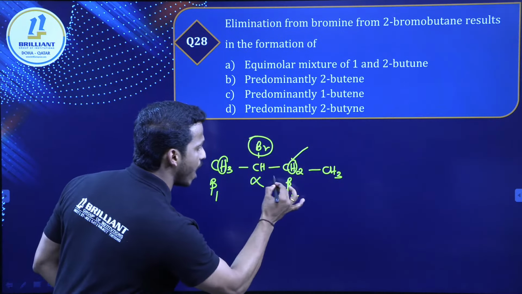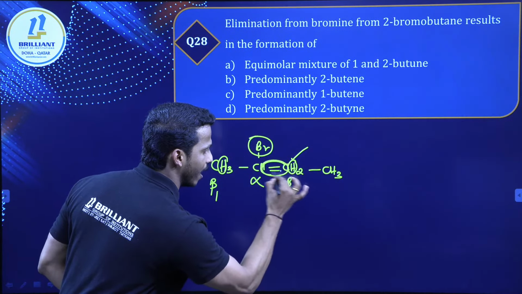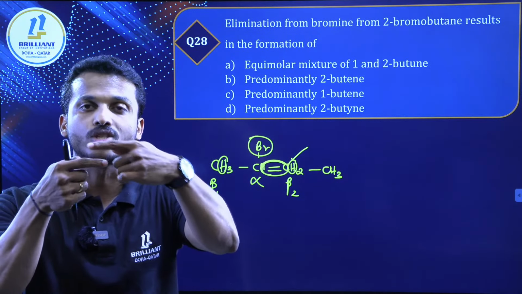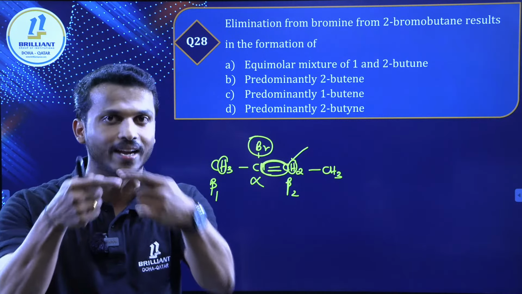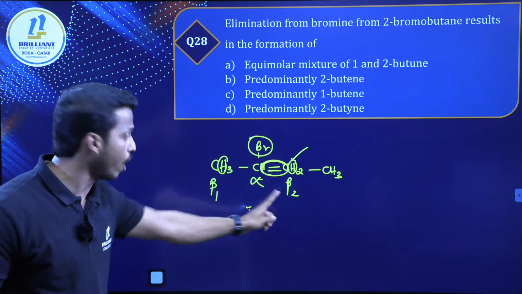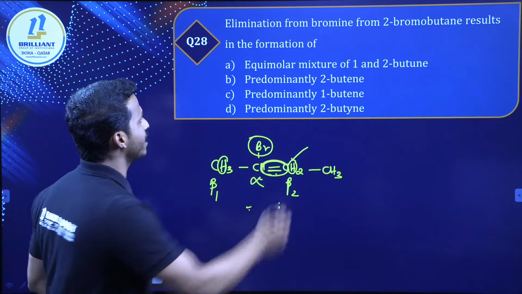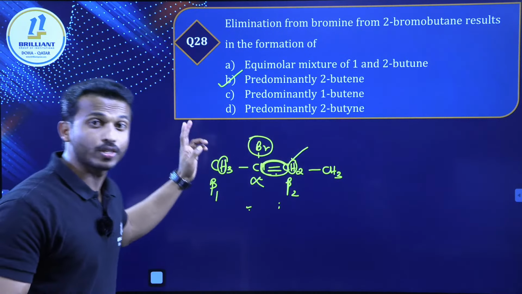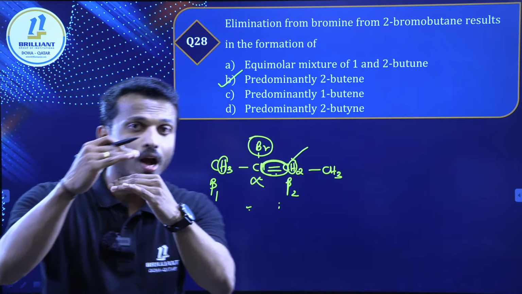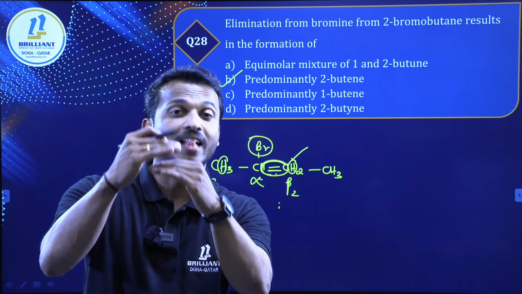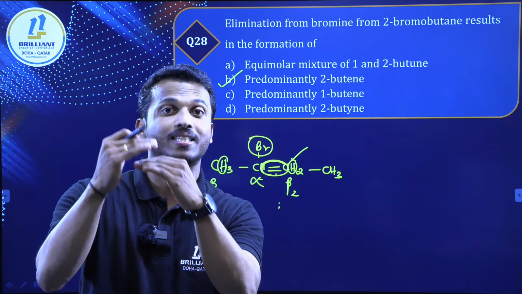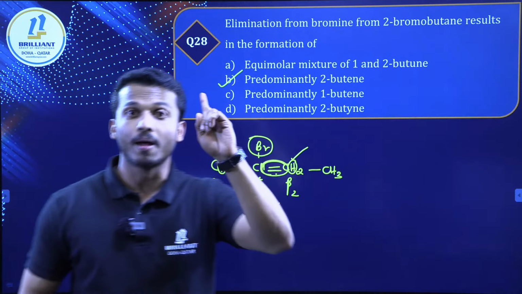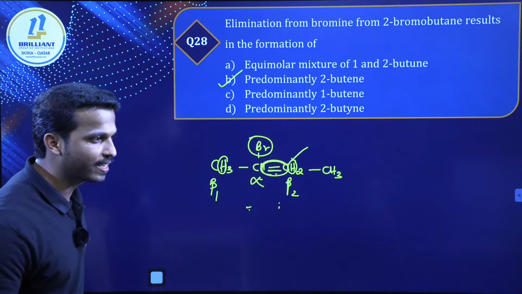From the second carbon we have to take the hydrogen, because if you take hydrogen from the second carbon, we are going to make the double bond in this area. You know, according to Saytzeff's rule, the double bond should be on the most substituted side, almost at the center. That will be the major one. So dear all, but-2-ene is predominant, whereas but-1-ene is the minor product. According to Zaitsev rule, try to make the double bond almost at the center. That is the more substituted alkene, that is the major product. Which concept? Beta elimination.